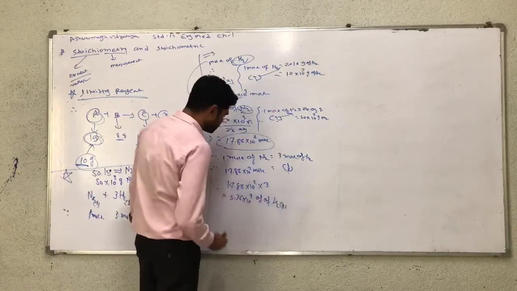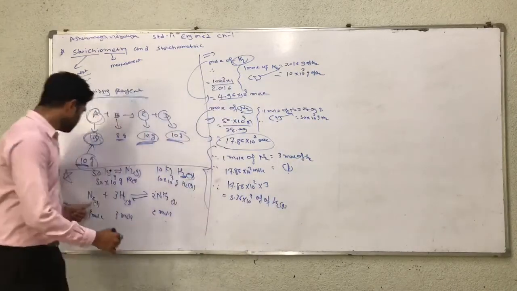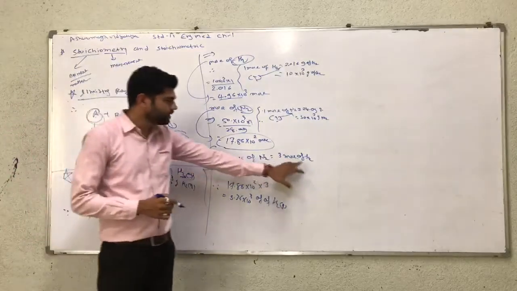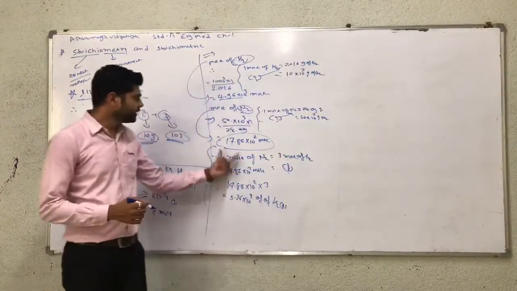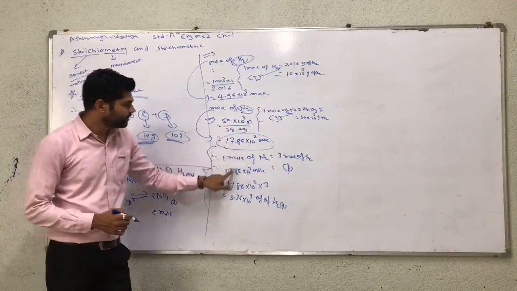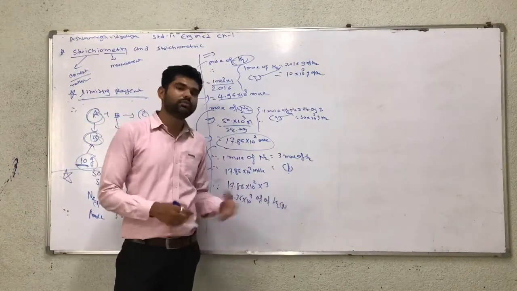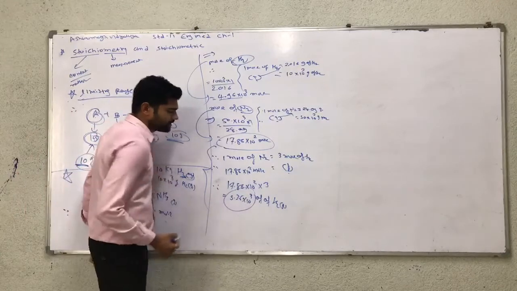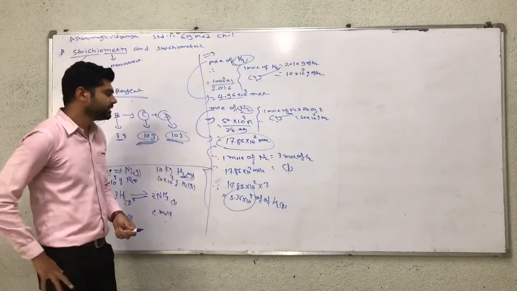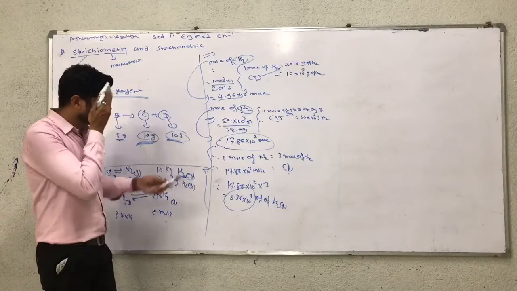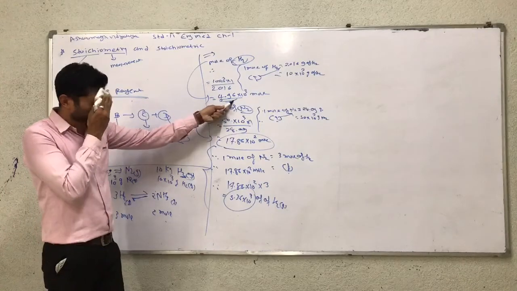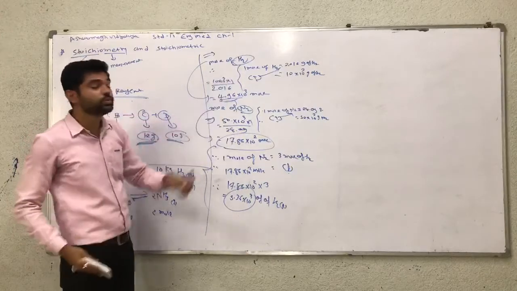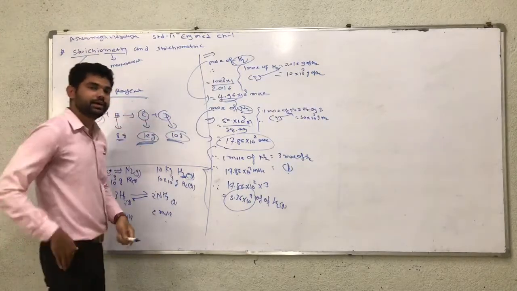Understand this topic here. 1 mole of N2 and 3 moles of H2. Now find how many moles: 17.86 moles of N2 is equal to how many moles of H2? So the answer is 5.36 into 10 raised to 3 moles of H2. But in the given condition only 4.96. So here H2 is the limiting reagent.